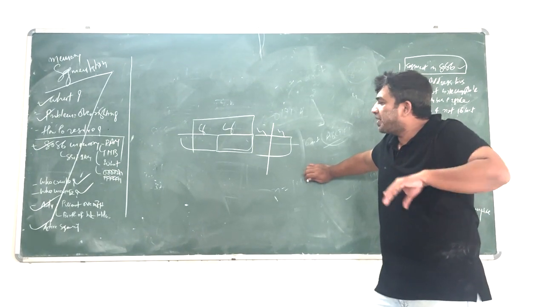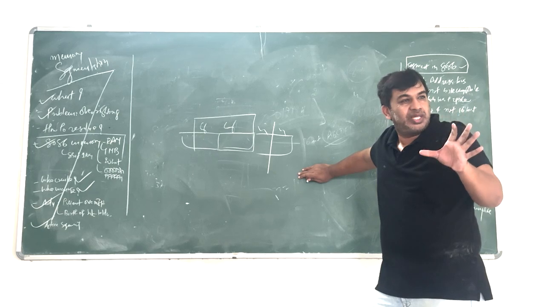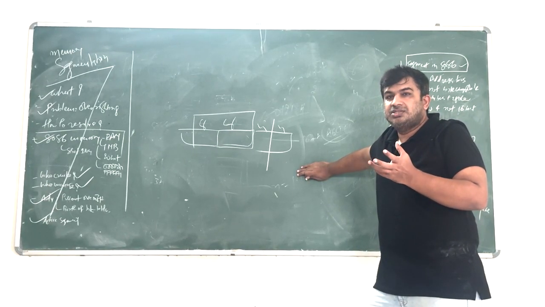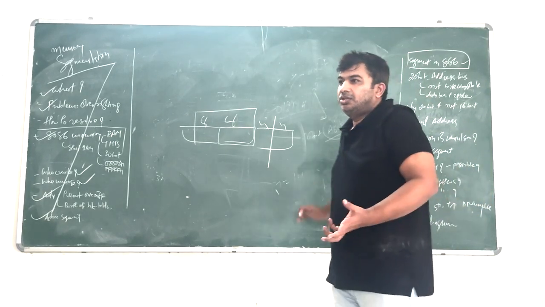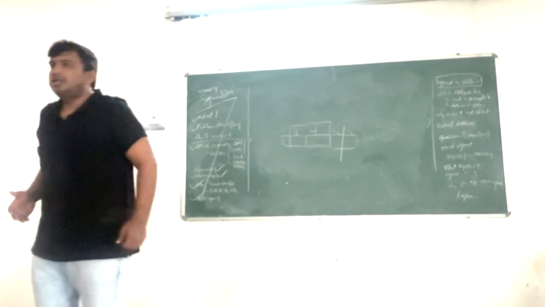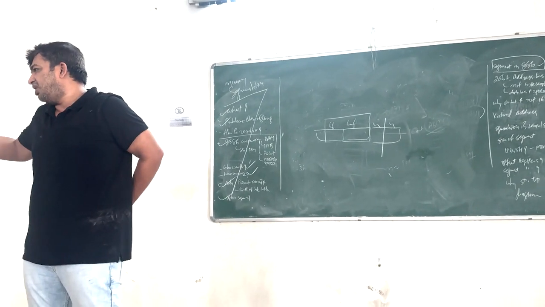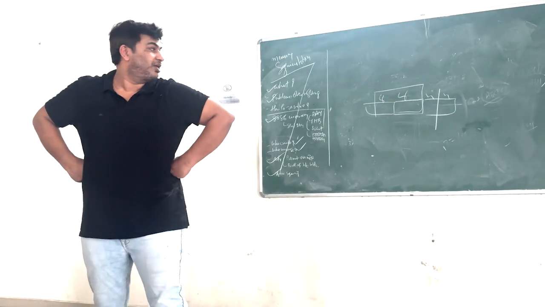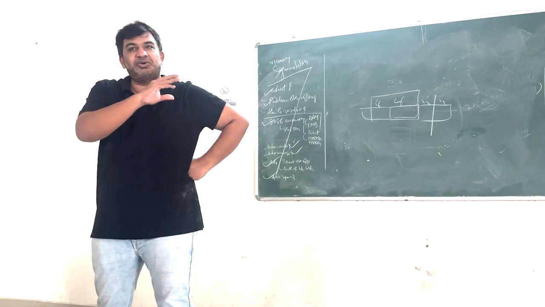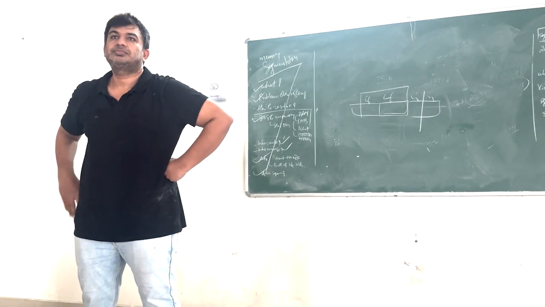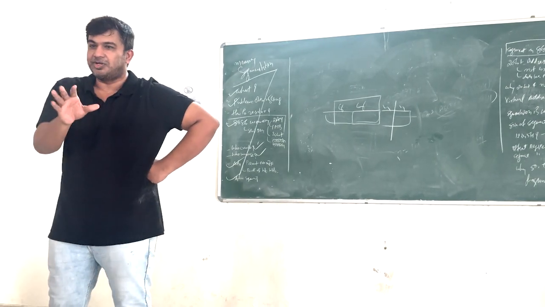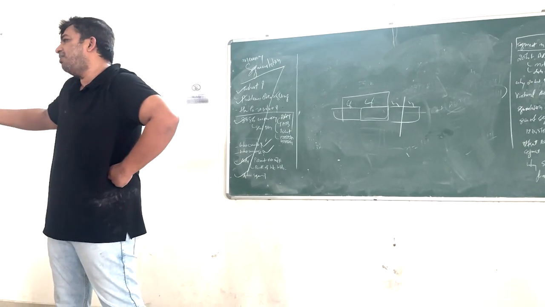So we have to do something about this 20 bits. Understand the problem? What can we do? We can make the address bus 24 bit. That would be a better solution, but they have made it 20. The best thing is if they had made the address bus 16 bit, our problem would be resolved. A 16-bit address bus can be stored easily, and it is byte compatible also. But they have used a 20-bit address bus.